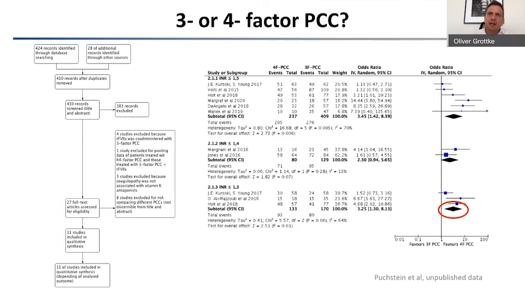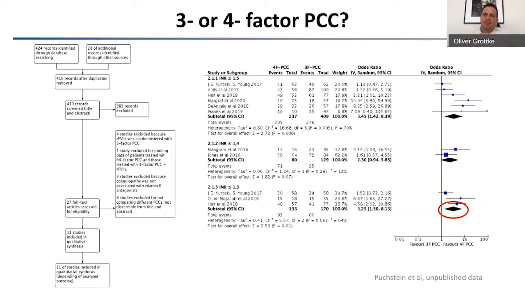I have a colleague who just did a meta-analysis again. My colleague screened about 410 studies. Only 11 studies were included, so it's actually very poor evidence if you look over all the evidence. However, in this meta-analysis, which has not been published yet, she could show that the 4-factor PCC was more effective